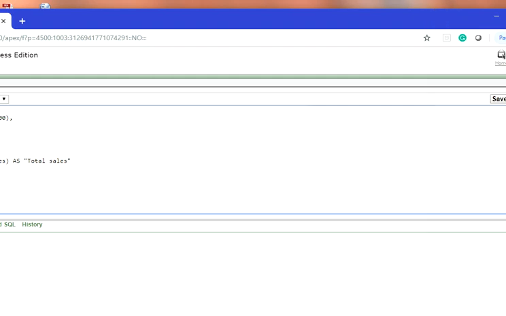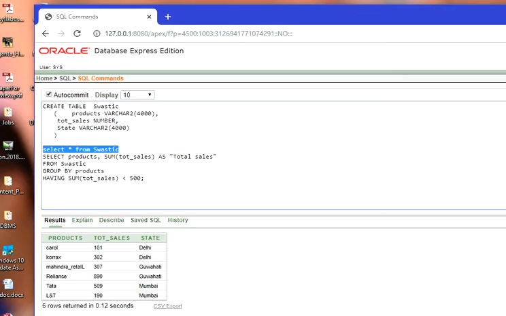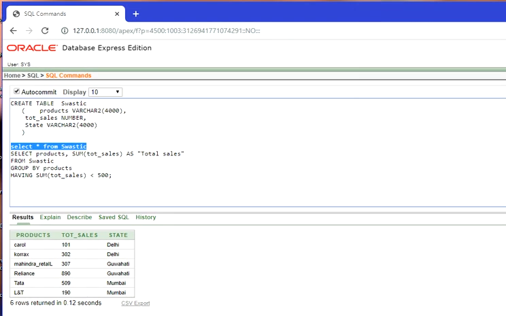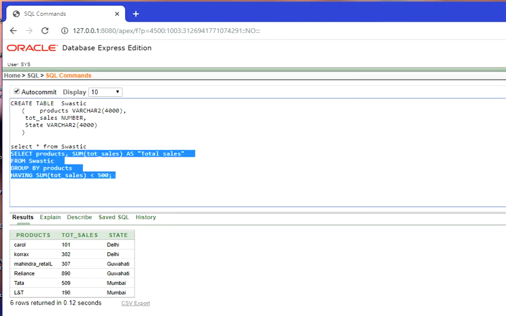Execute it. You'll see all the rows are coming here. Okay, now execute this HAVING clause statement.